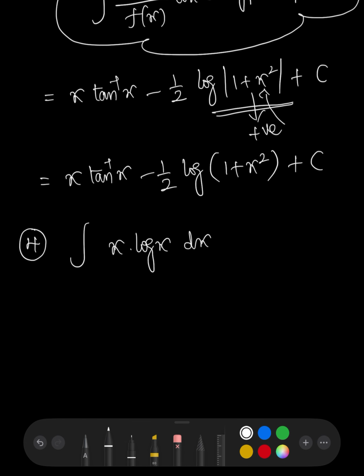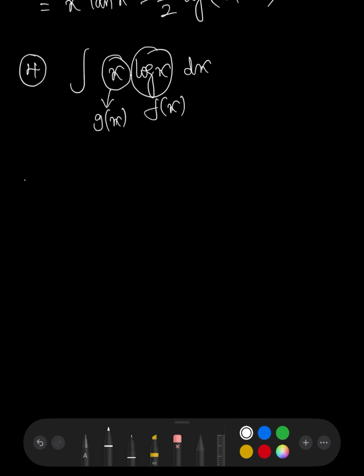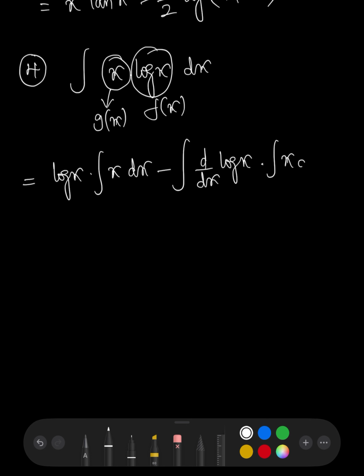So anyway, in the question they have given logarithm next, but logarithm we can treat as f of x, and x we can treat as g of x. Now substitute in the formula, then it is log x into integration of x dx minus integration of d by dx of log x into integration of x dx